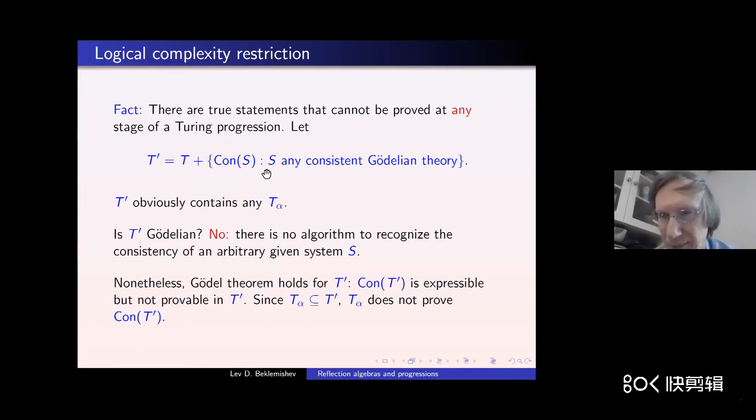So that's, let's say, a generalization of Gödel's second incompleteness theorem for this particular case. And then we see that since every T alpha is contained in T prime, no theory in a Turing progression will be able to prove consistency of T prime. So con T prime is a sentence which is outside the Turing progression. Now, to deal with it,